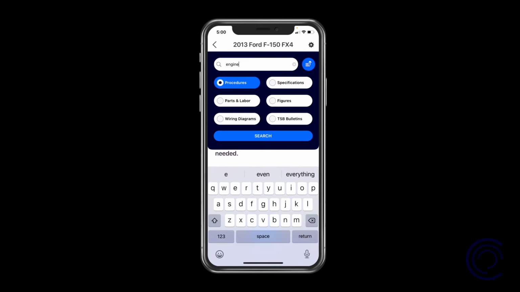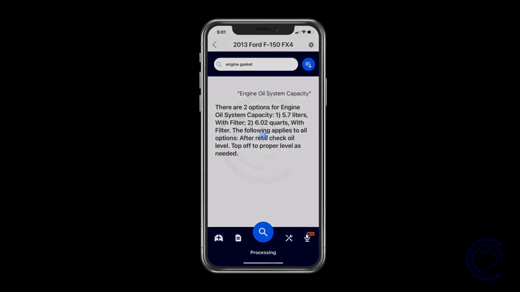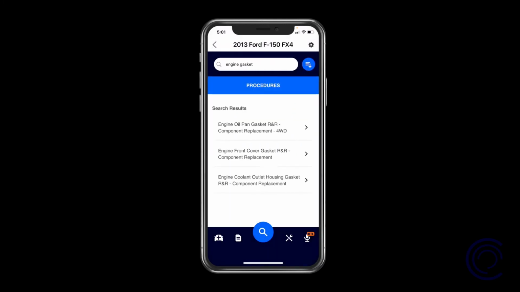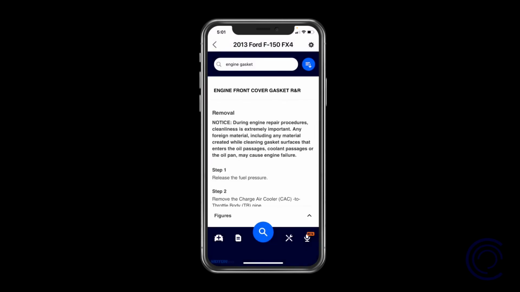So let's do something a little more sophisticated. Let's say we're looking for front engine cover gasket. There's engine, gasket, type that in. And there's your front engine cover gasket. Then it returns your procedure. Now, in all CYTK